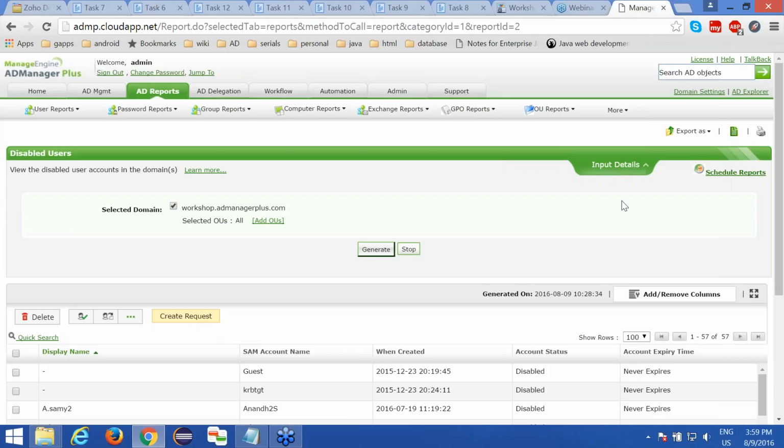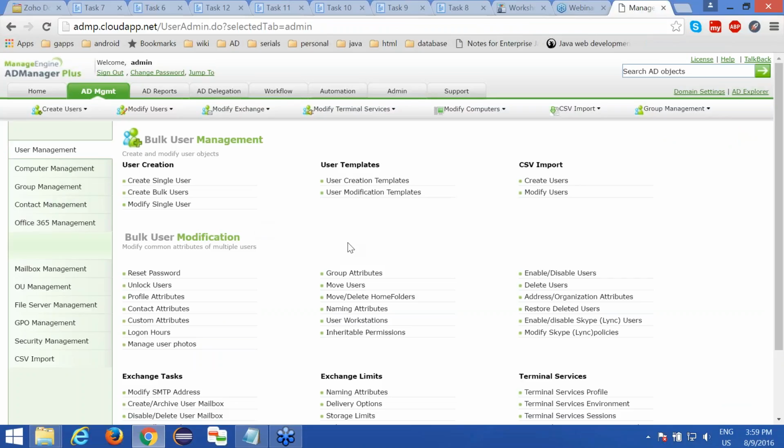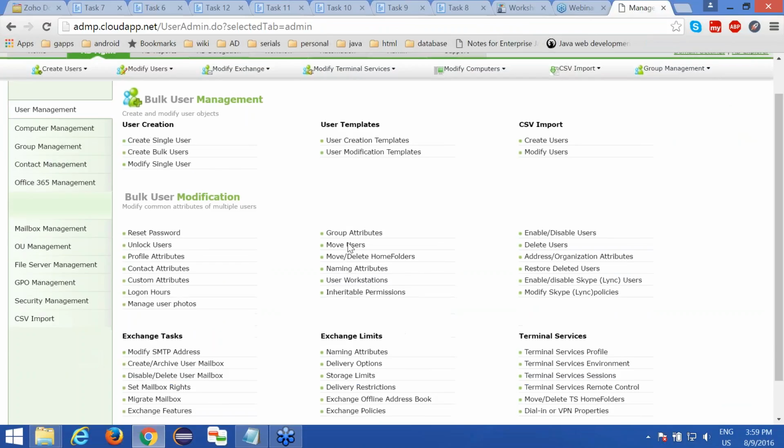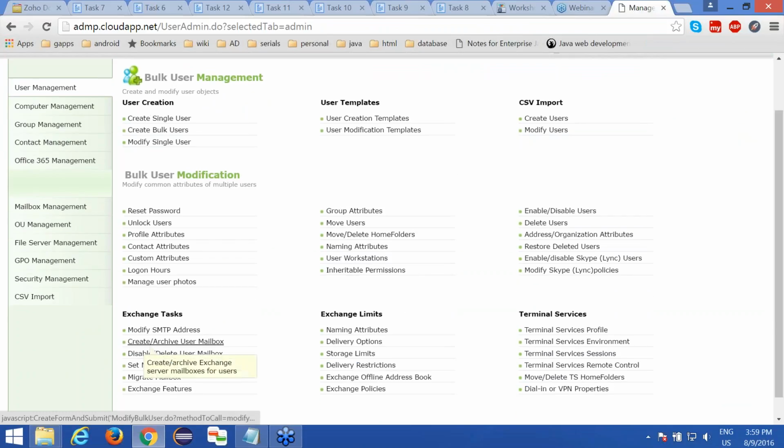But for now, I'm going to archive mailbox for my user account. Let me go to AD Management tab, and then let me choose the option Archive Mailbox. Create or Archive User Mailbox that you can see under User Management category. Click Create or Archive User Mailbox. Okay,